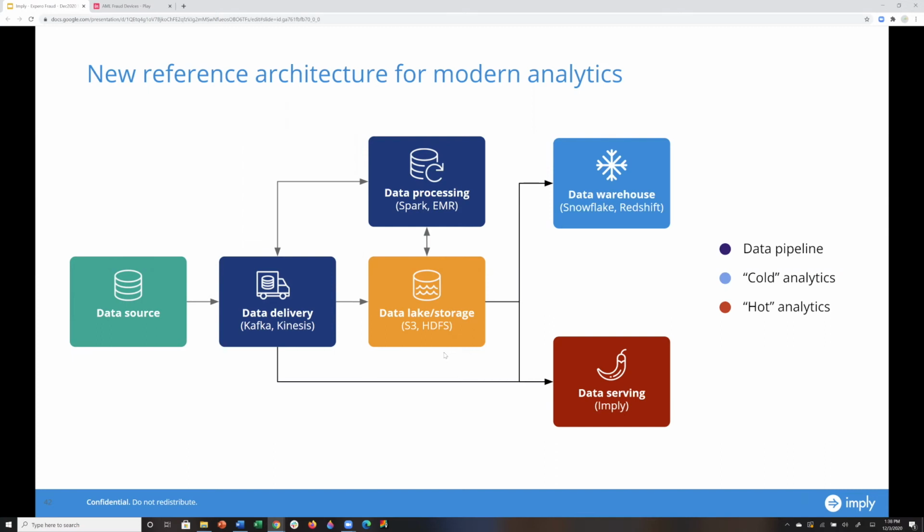We have customers where they're using Snowflake or BigQuery from Google. We actually coexist with them. And the reason why we coexist is because a data warehouse is used for a different purpose and is very lax in the SLAs that analysts actually are requiring, but for very strict SLAs, Imply is a better fit. So now you have both layers, which is hot and cold analytics, that serve the purpose of solving two different problems.